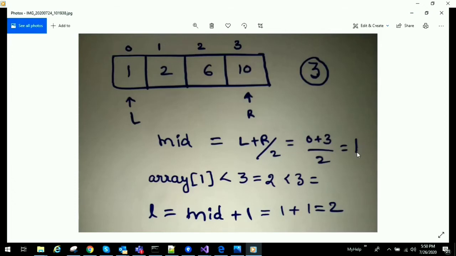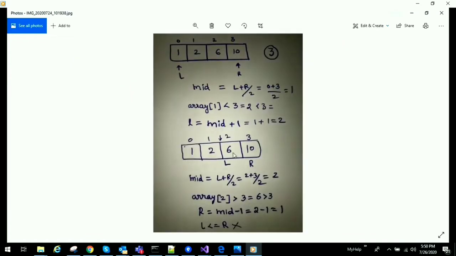Now, we got the mid index. Whatever value is at that mid index, we will compare that value with the current element. If the current element is greater than the mid element, then the position we are looking for will be on the right side. It will never be on the left side, because this is already in sorted order. That's the reason I will increment the left index to mid + 1. Here the mid value we have already calculated as 1, and 1 + 1 is equal to 2. Now the left index has become 2 and the right index is as it is, and we will repeat this process.